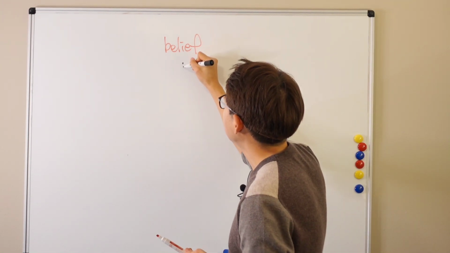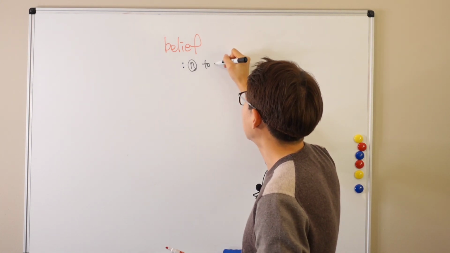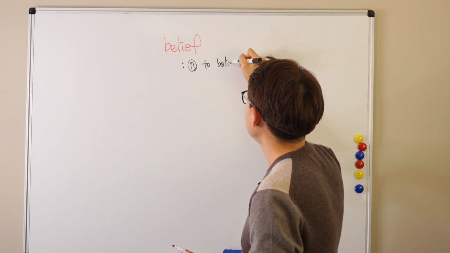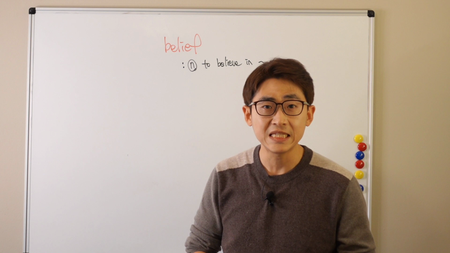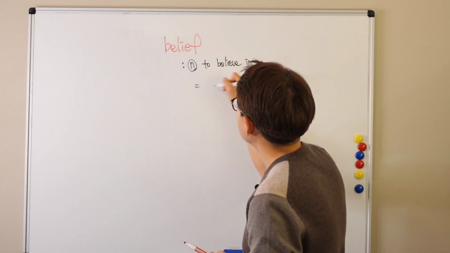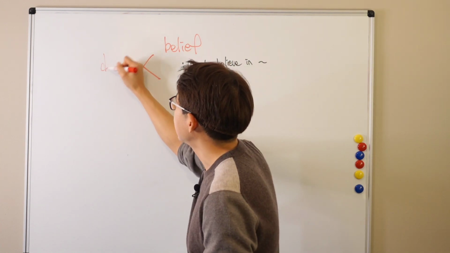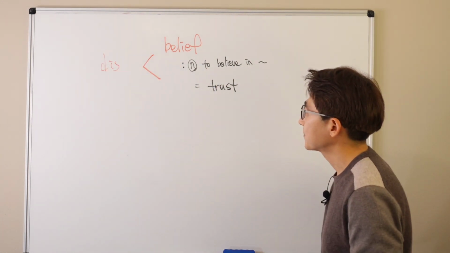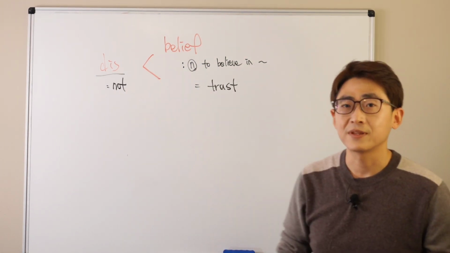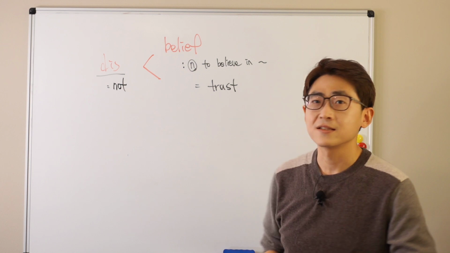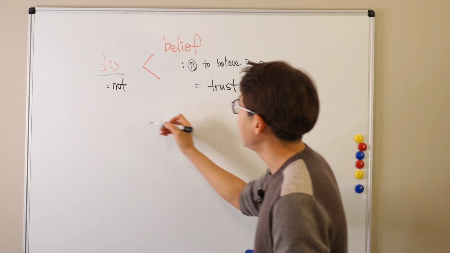Okay, so belief is the noun form of believe. So to believe in something. Okay, that's what belief means. It has a synonym, trust, and they both take this prefix, and this one means not. So you're not believing in something, you're not trusting someone. Distrust. Okay, distrust. An example would be